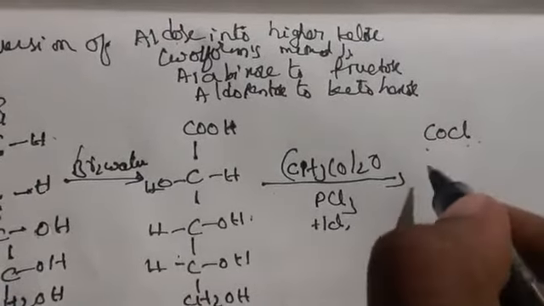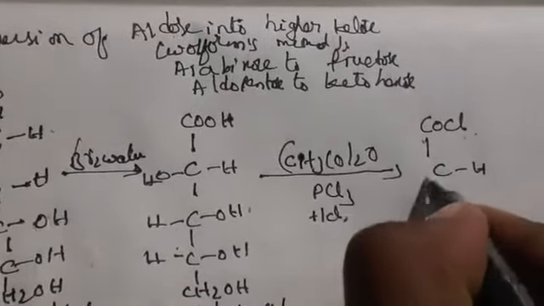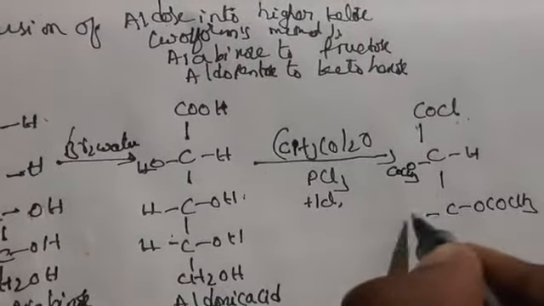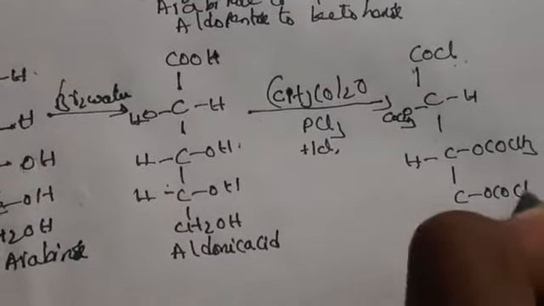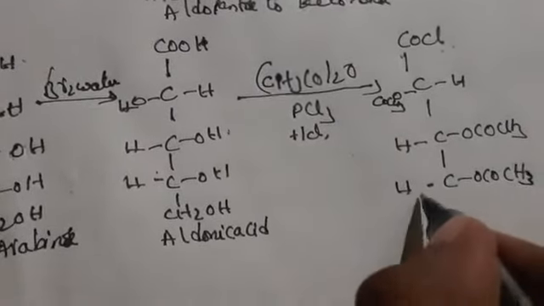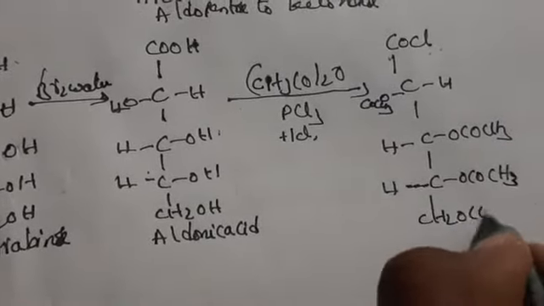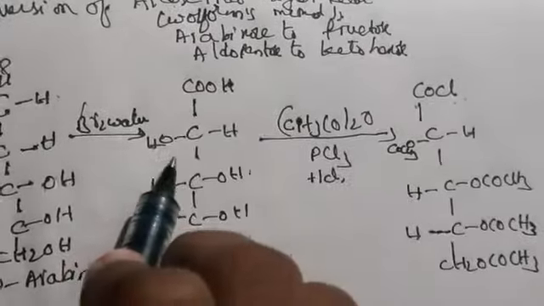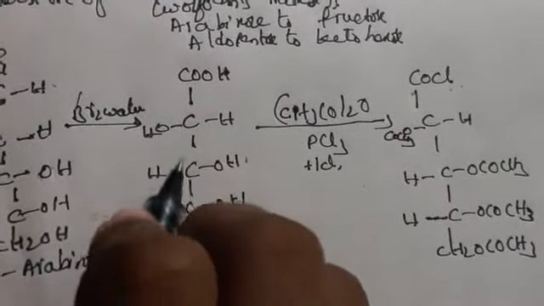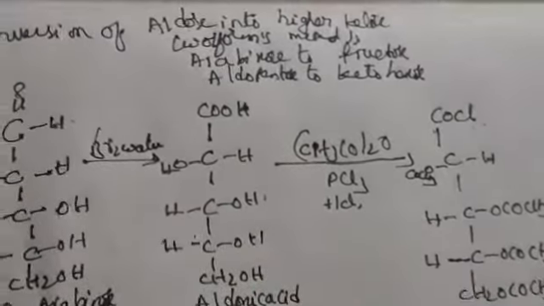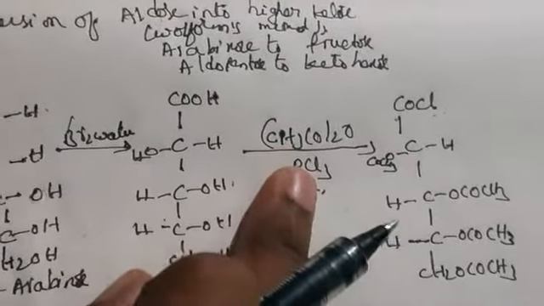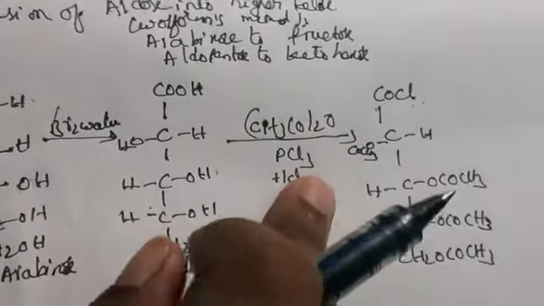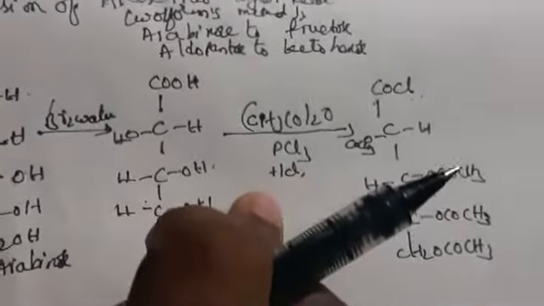Next, CHOCOCH3, OCOCH3, HOCOCH3, HCH2OCOCH3. So when I have added acetic anhydride, what indicates in the structure of glucose? There will be presence of hydroxy groups, means it is forming acetate. Okay, so when I am adding PCl3, Cl will go and add here, two molecules of HCl will be lost and HPO2 will be lost here.